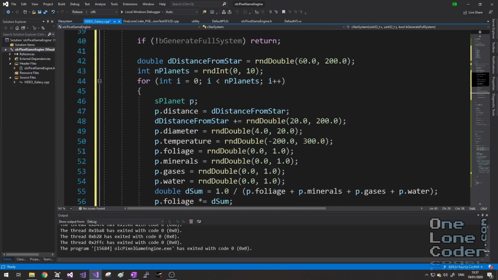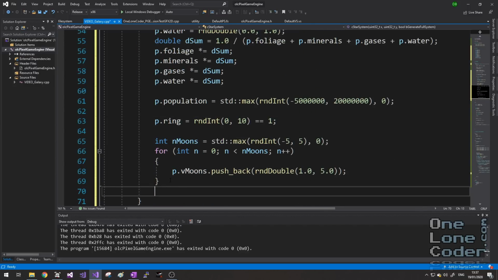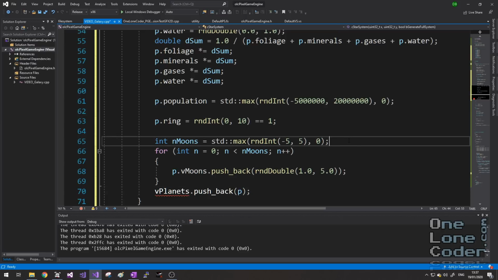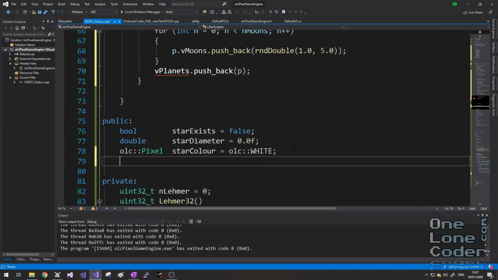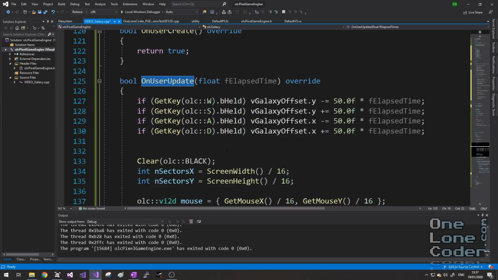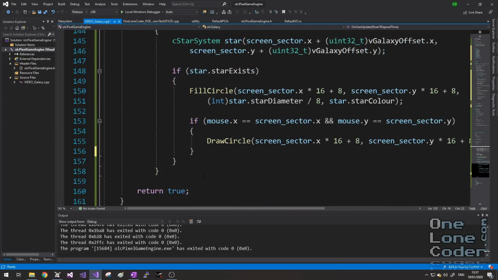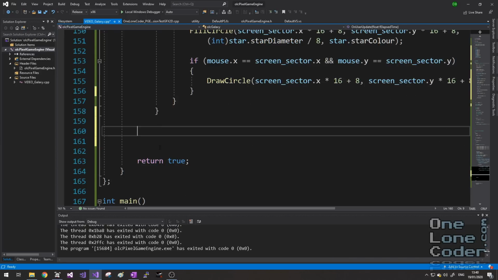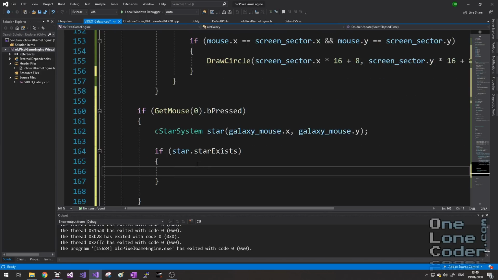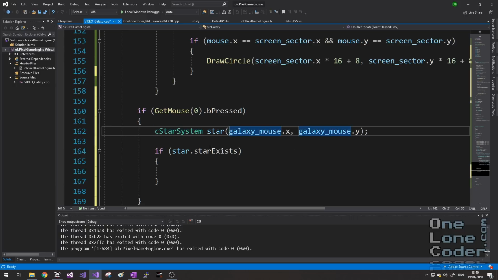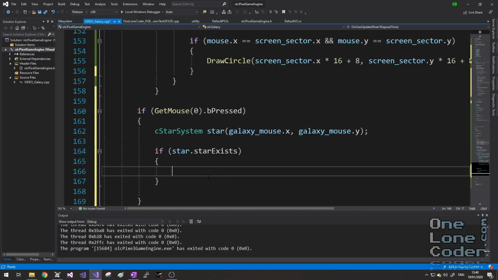Once we've fully populated a planet, I'll add it to the star system's vector of planets, which we'll need to add as one of its variables. Back in the onUserUpdate function, let's display the star system for a selected star. To handle mouse clicking, I'm going to be sensitive to the left mouse button being clicked. If it is, I'm going to generate the star system object based at the location of the mouse coordinate in the galaxy. And if it exists, I'm going to record the fact that it has existed by setting a flag